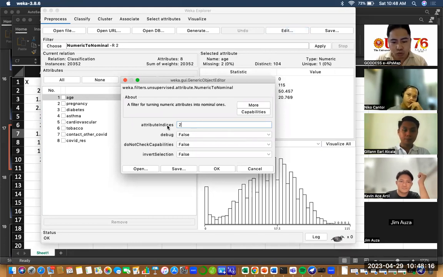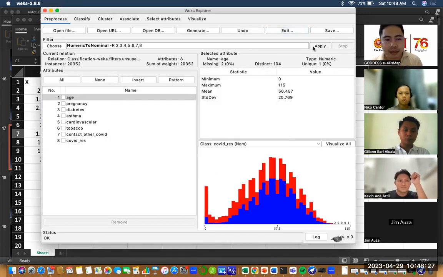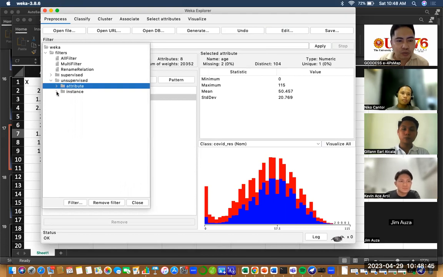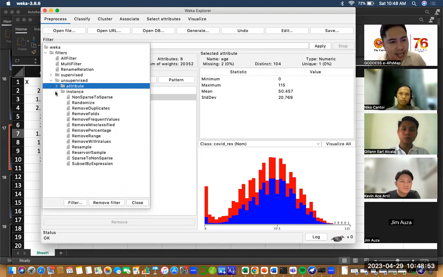We're going to 4, 5, 6, 7, 8. Click okay. So na-solve na natin ang first problem. So we're going to address the second problem which is missing data. So sirs, paano natin yan gagawin? We're going to click the filter and we're going to go to filters and then unsupervised, and then instead of attribute, which is attribute kanina, piliin natin si